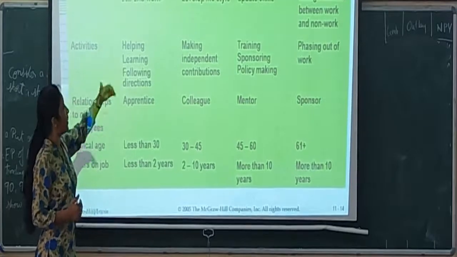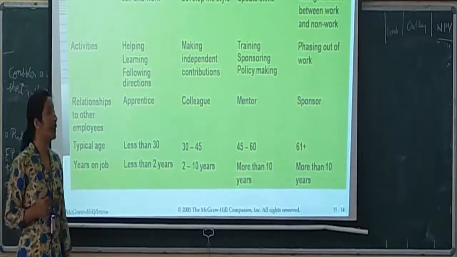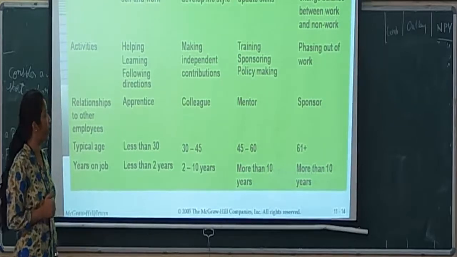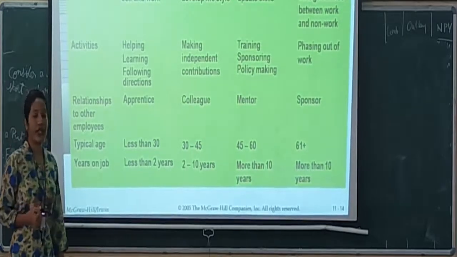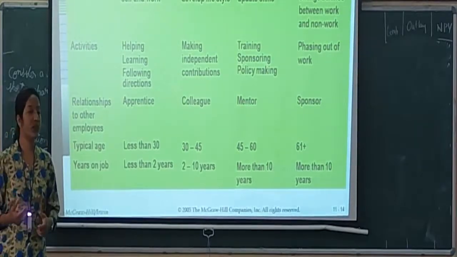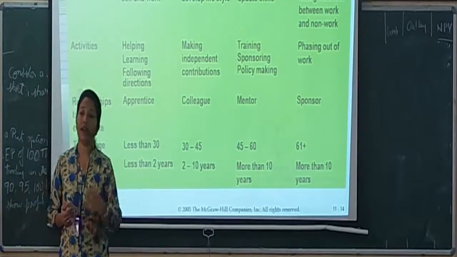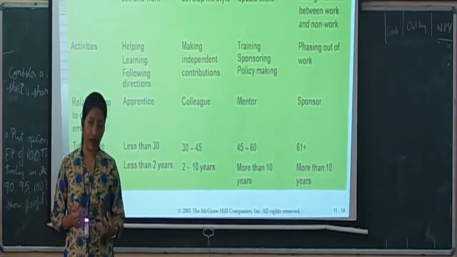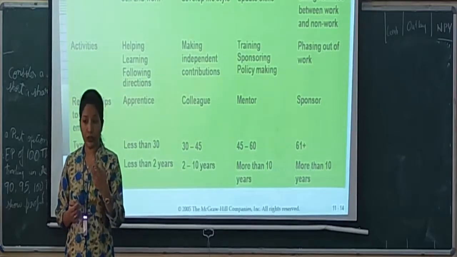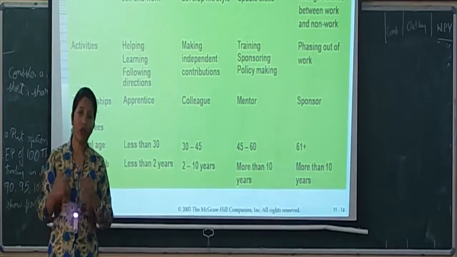So in the development tasks, he needs to hold on to his accomplishment as well as update his skills. Activities that he takes care of in the maintenance stage are training, sponsoring, and policy making. Training, because he's trying to upgrade his new skills. Sponsoring is trying to support other employees to grow, trying to fund other startups or new ideas in order to establish themselves,